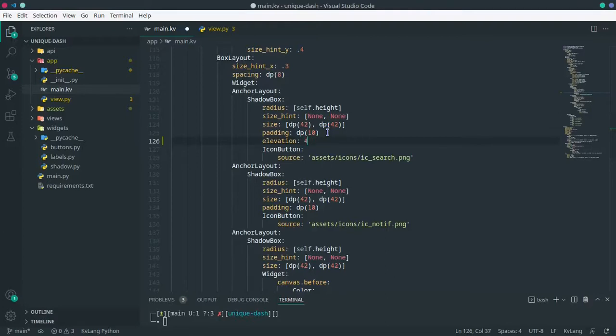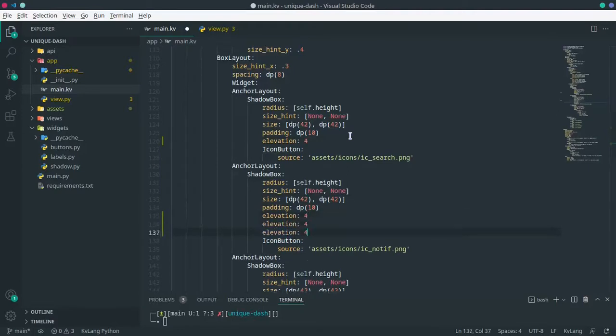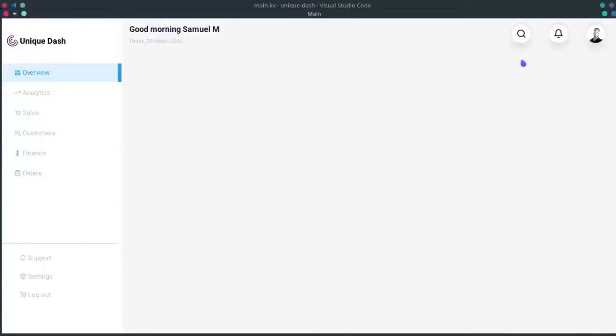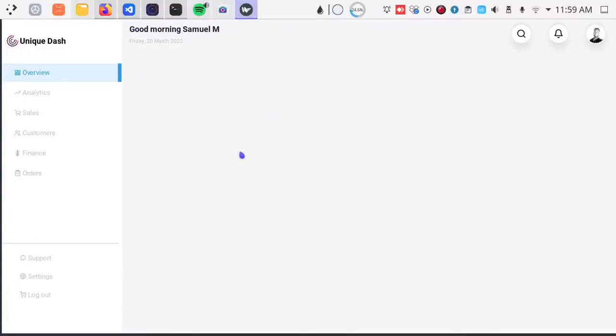So in here you can change elevation, and elevation can be a number between 1 and 4. Alright, I'm just going to set the highest one possible. Alright, and try that. So let's put those in there for elevation, and then if we run this now, you'll see that our shadows look better now because the elevation is bigger now. So these buttons are a little higher than they were before. Alright, so now that that is out of the way, let's go ahead and start building